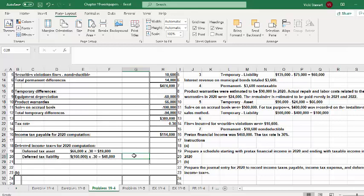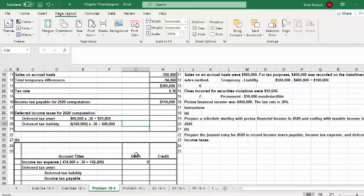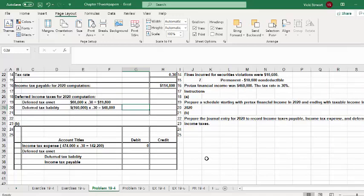So now we are ready to record the journal entry for Part B for 2020 to record income taxes payable, income tax expense, and the deferred income taxes. So we'll start out with income tax payable, which was $114,000. Then we'll credit our deferred tax liability, which was $48,000. And then we'll debit the deferred tax asset for $19,800. And our income tax expense for this year, for 2020, would be